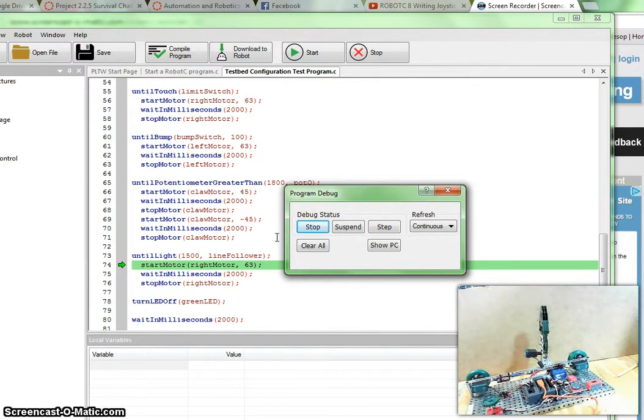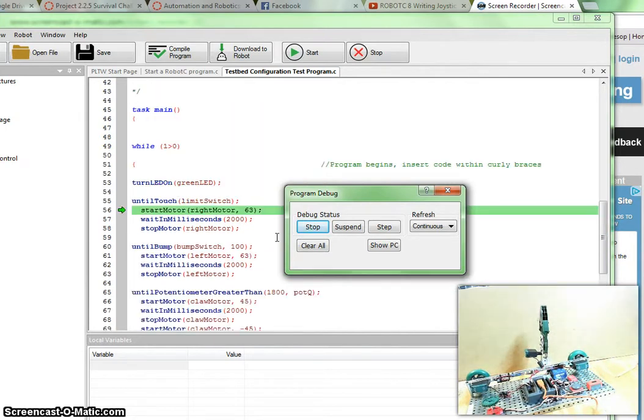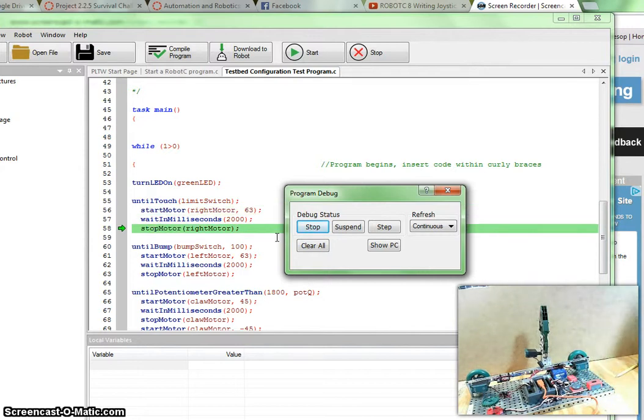And then my last is to cover up my line follower to make my right motor turn for a short period. So this particular program is running. Everything operates correctly. I could actually cycle through those commands again